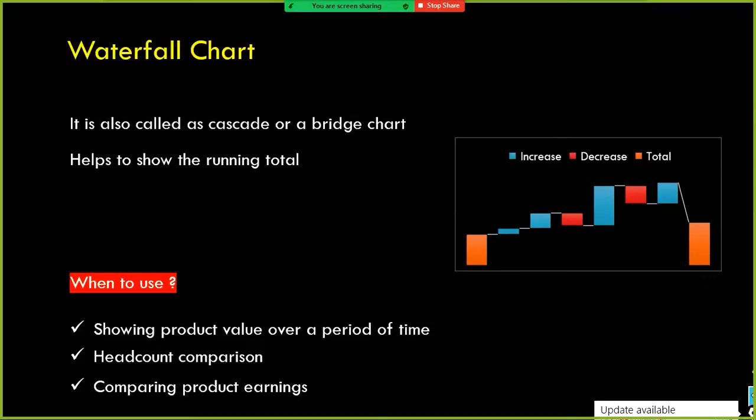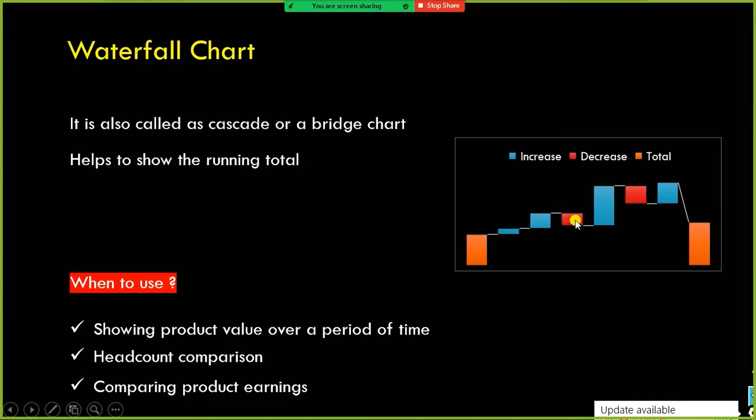So what is a waterfall chart? A waterfall chart shows a running total as values are getting added or subtracted. Supposing your initial total is 1000, and then you add 100, it becomes 1100. And if the sale is more, let's say afterwards you made another 500, so 1100 plus 500, 1600, something like that,